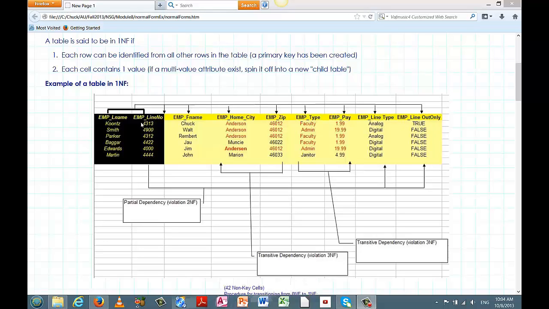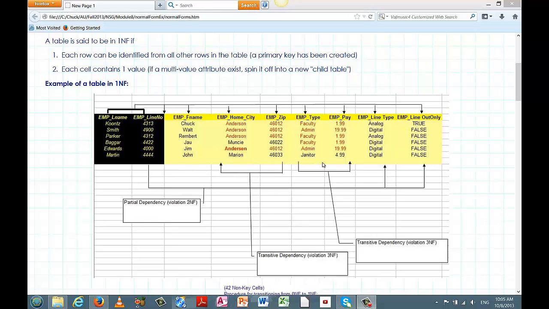All right, so as we look across the top of this dependency diagram, the arrows suggest that the primary key is determining all these fields, and that's a good thing, and that's what we want. If we look across the bottom, we see that there are other arrows, and these other arrows are suggesting that we've got problems. And one problem, if you follow this line right here and make note of this callout, is a violation of second normal form, known as a partial dependency, and that's where we have